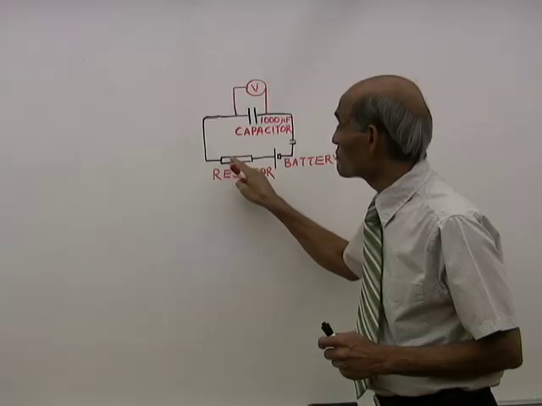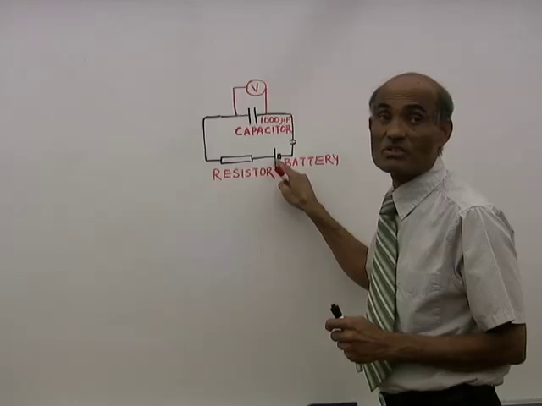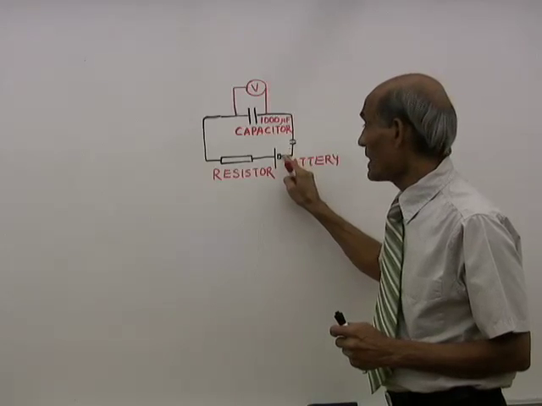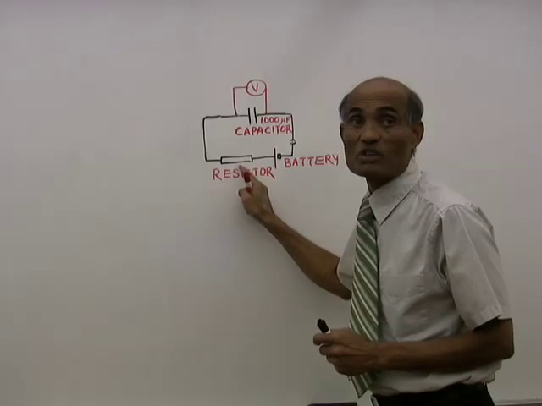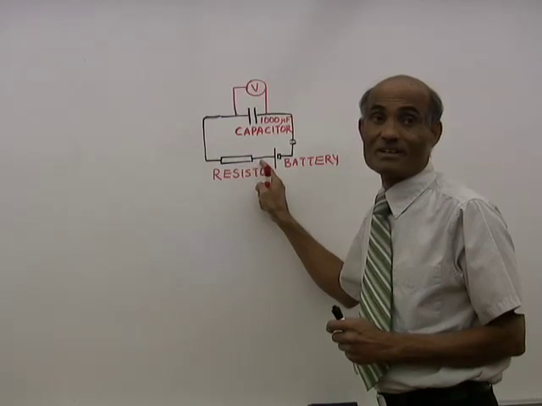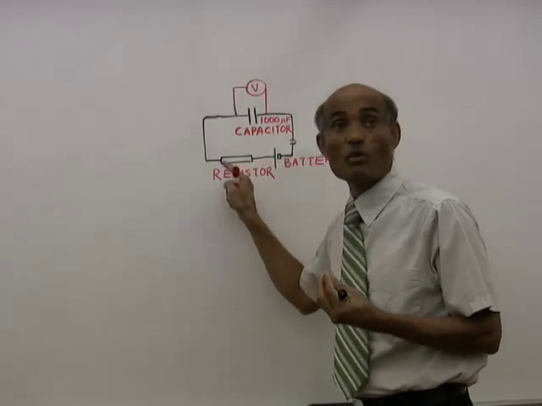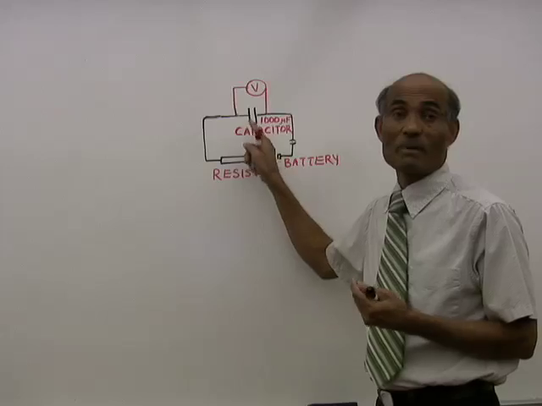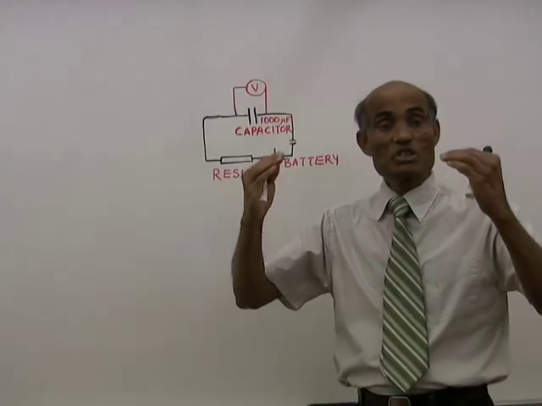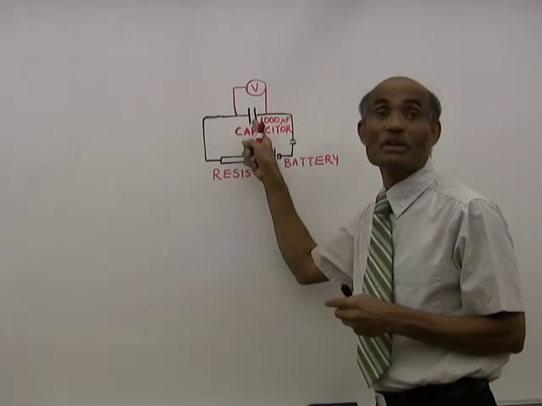Connected in series with the resistor, and then we will connect it in series with the battery so that the capacitor will get charged through the resistor. Because the resistance is a very high value, the charges will go very slowly. That means the potential difference across the capacitor will be increasing gradually, and we can take the measurements of the